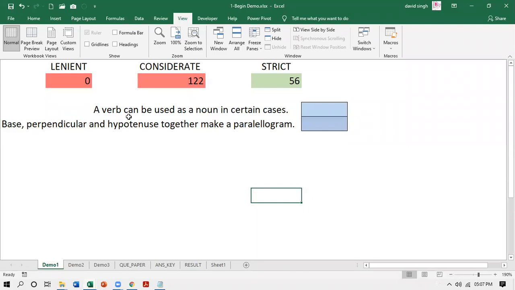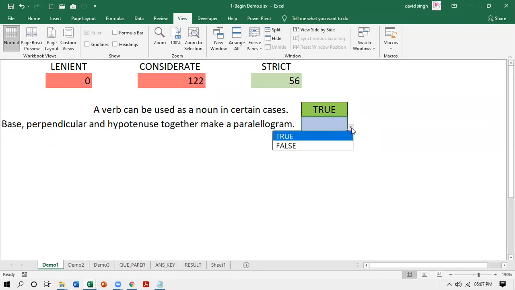One English sentence: a verb can be used as a noun in certain cases. This is a true and false kind of question. So if I type true here, it turns green, showing me that, okay, that is fine, that is good. Another question of true or false in mathematics: base, perpendicular and hypotenuse together make a parallelogram. Here there is a drop down list.